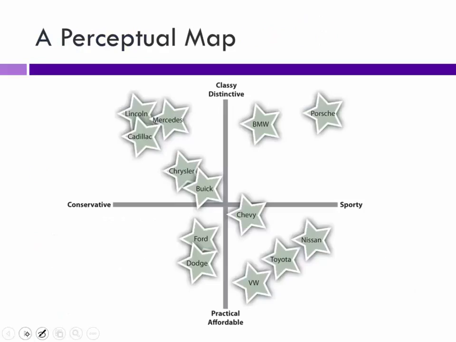As an example, a perceptual map is a graph that shows where you stand on criteria that are important to the consumers. This one is cars or SUVs or something, everywhere from classy to affordable, sporty to conservative. Then you see where you are on this line. You could have price and quality on here. You could have a lot of different elements, but it helps to see where you are. It also helps you say, hey, look, there's nobody over here in this market. Maybe that's a good opportunity for me to go in, as long as those are going to be profitable markets.